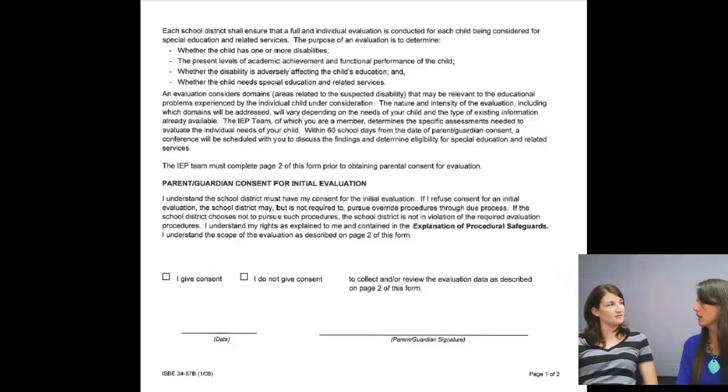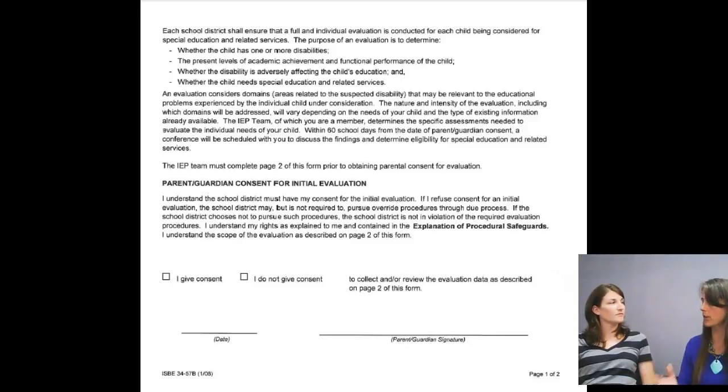And what is that process? Once we get that signed consent, from that date forward, we have a process in place that notifies all the people who are involved with this evaluation so that they know they can get started, be it working with the teacher, working with the parent, or working with the student in gathering some information. Once they get into that process and are working along with the teacher or with the student, then either the psychologist or the teacher would contact you and set up a time to have a meeting and to look at all of the information.